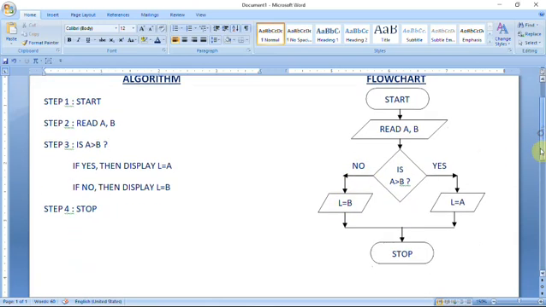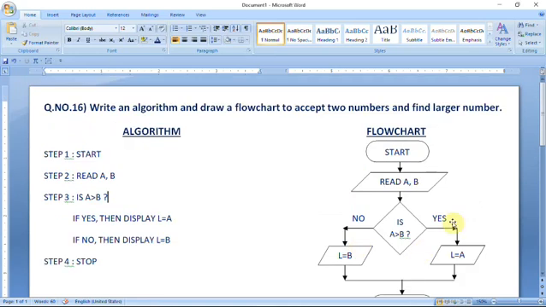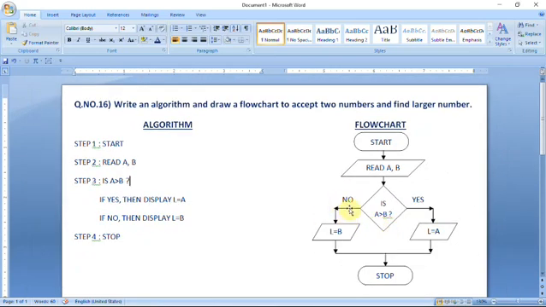And after that you have to combine both display boxes. You can see it will give only one result, not two results, so when the result is displayed like L equal to A, we have to close also. Suppose this condition is true, then first it displays L equal to A, and after that it comes through this way, and then it will be terminated. If this condition is not satisfied, then it comes from this way and displays L equal to B, and after that it comes through this path and will be terminated. So this is the concept of how to close a flowchart.